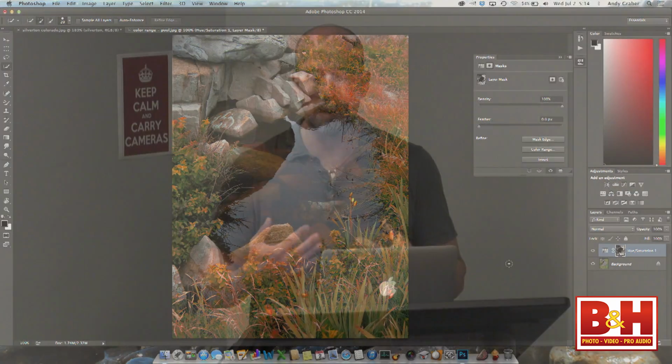But I think, in my opinion, when you don't get color range right the first time, it's always better to go back and try it again, because you get a better feel for how much of it should be white, how much of it should be gray, to really include the number of colors that you're trying to include. OK. So let's not save that. All right, back to